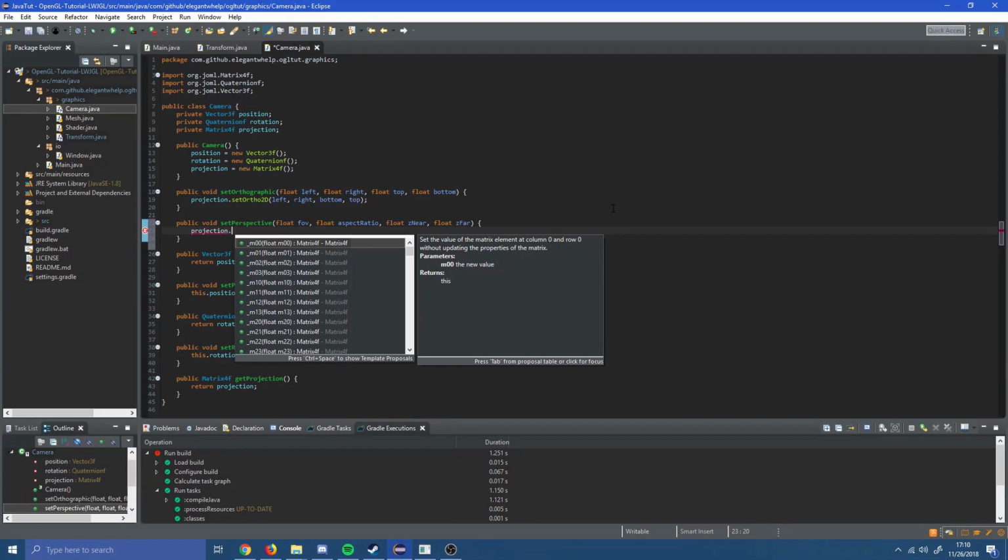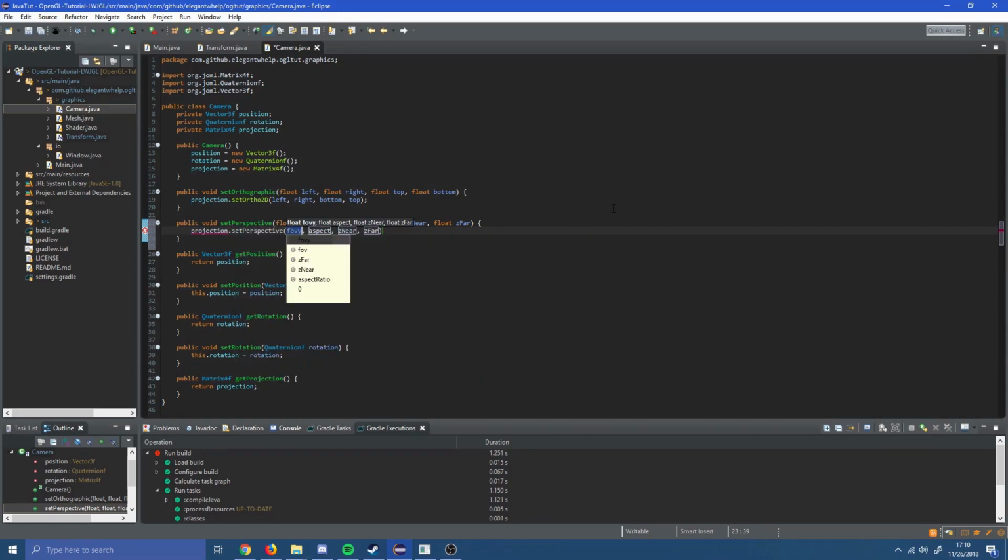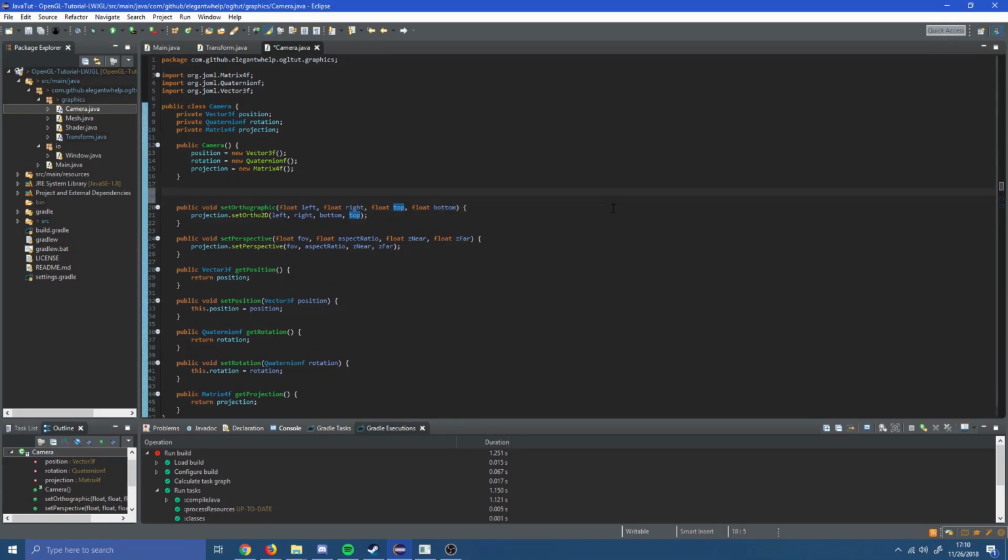So we can use projection, set perspective. We'll pass in FOV, aspect ratio, Z near, and Z far. And that's it for the projection, and that's almost it for the camera. Now, the camera needs its own GetTransformation. So we'll have another get matrix for F,